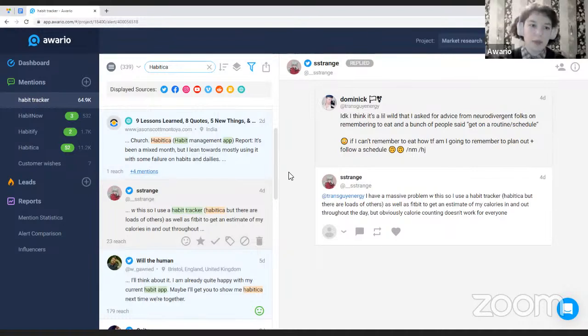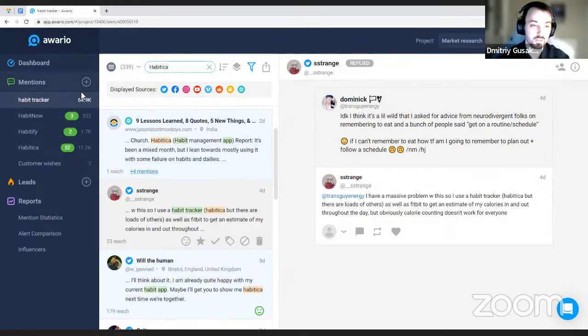For example, habit trackers for people with ADHD or productivity apps for people with ADHD. Yeah. And we know that there are some competitors on the market who are not tapping into this niche yet. Otherwise, they would be heavily mentioned when talking about apps for people with ADHD. So how do we know what kind of people we want to market to? Can we get some data on them? Can we get some insights?